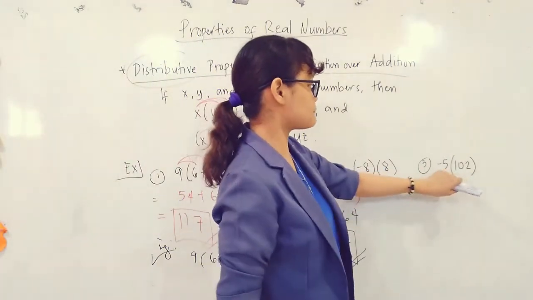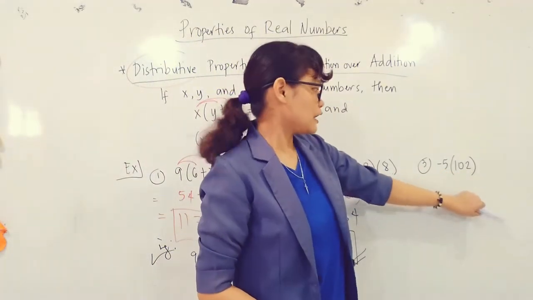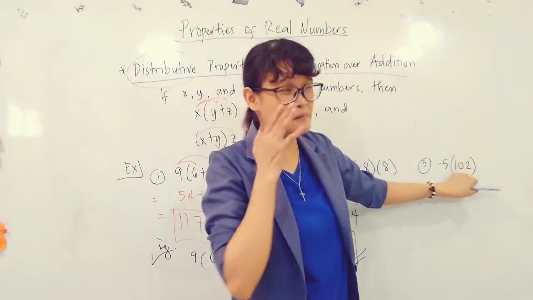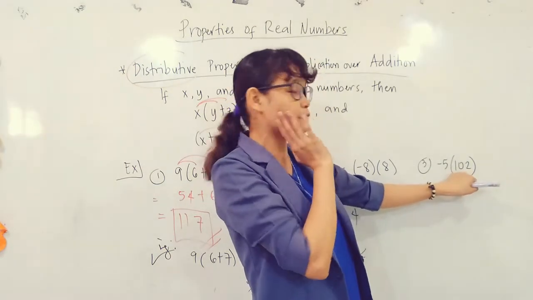We have negative 5 times 102. So what numbers, when added, give 102? There are many possible combinations, right? So one of the combinations of those numbers is